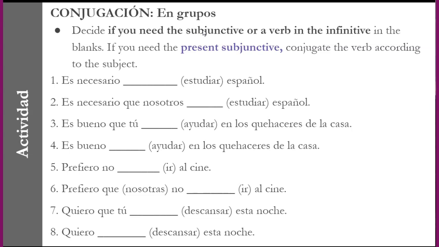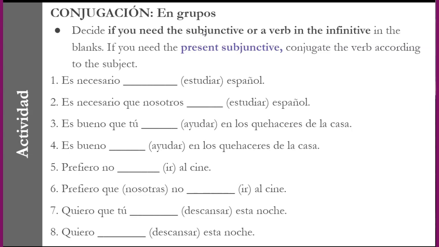And you need a que as a connector, the conjunction que. When you use a verb in the infinitive, you don't need any connector. So you drop the que out of the sentence, and the second verb goes in the infinitive because you don't have a change of subjects. So the subject of your main clause is still the same. There's no change of subjects.